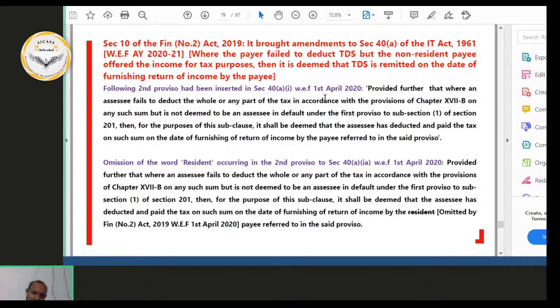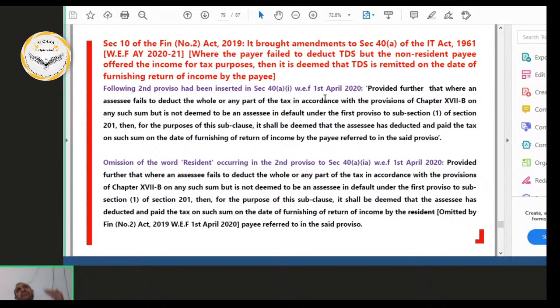It means even though your client has not deducted TDS, but the recipient non-resident has considered it in his return of income and has paid the necessary tax and has filed the necessary return, and the chartered accountant certificate has been obtained. If all these conditions are satisfied,